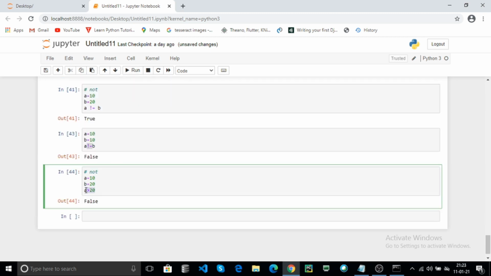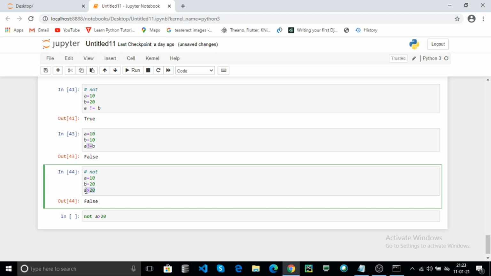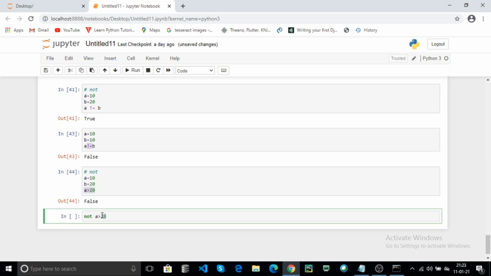Here I am not using the not. Now using not, A greater than 20. Here A greater than 20, the condition is false. Here not of false becomes true, because not of false returns true.